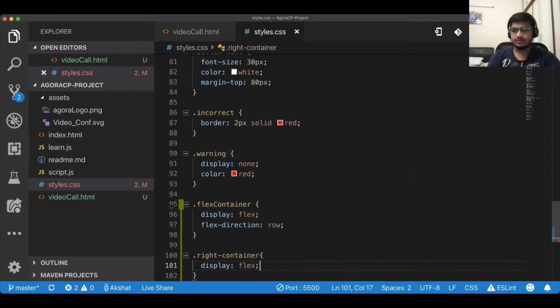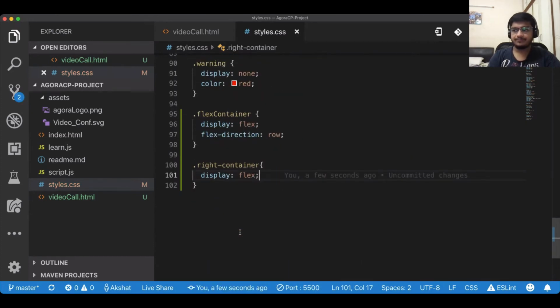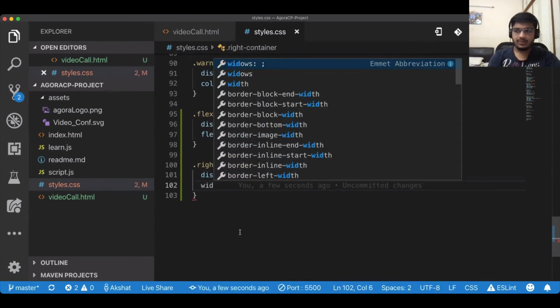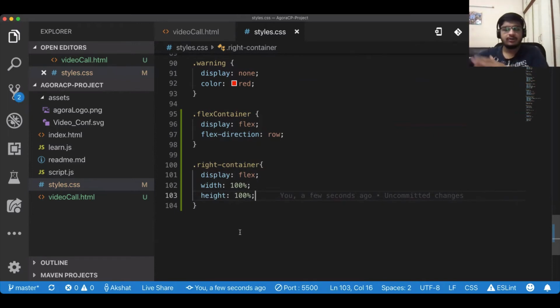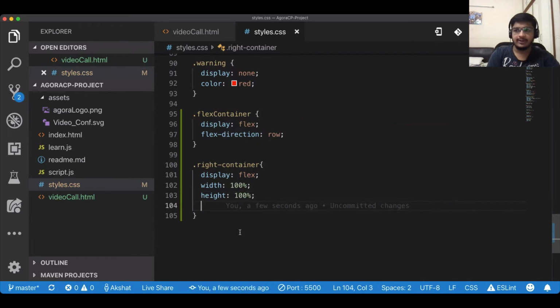Again, a flex box, so display flex. I assign a width of 100%, so it covers the entire portion, and a height of 100% as well. So it's going to be the maximum position on the right hand side, which is not covered by the content on the left hand side. So the entire portion which is not already taken.